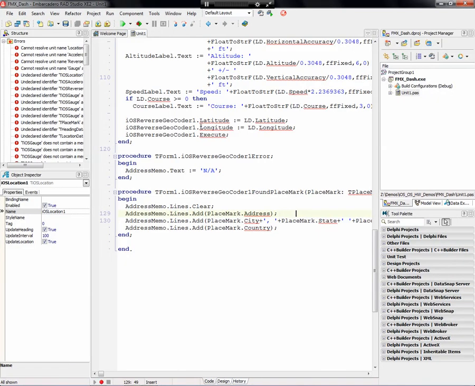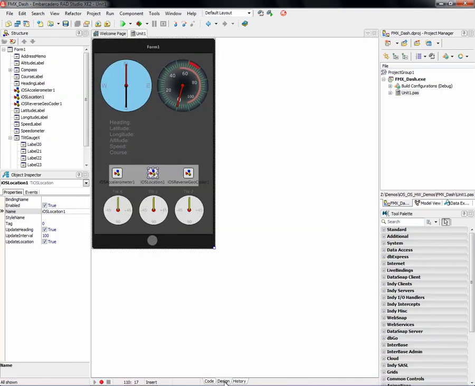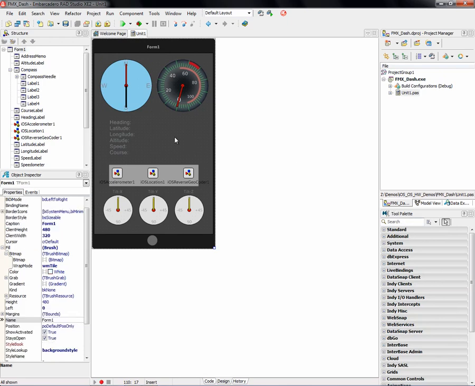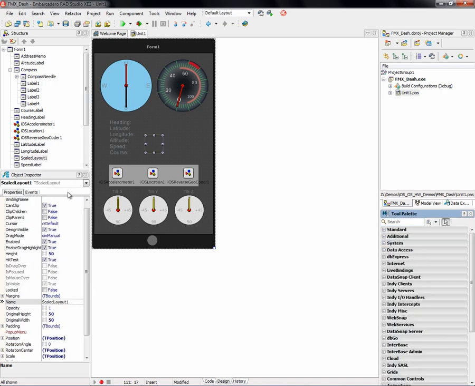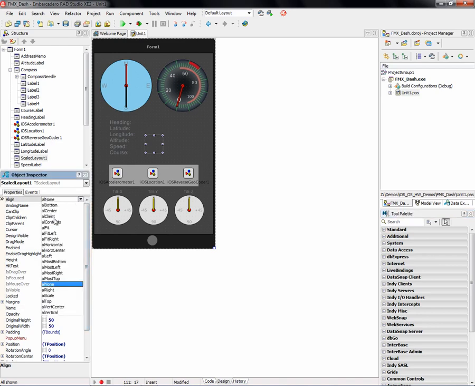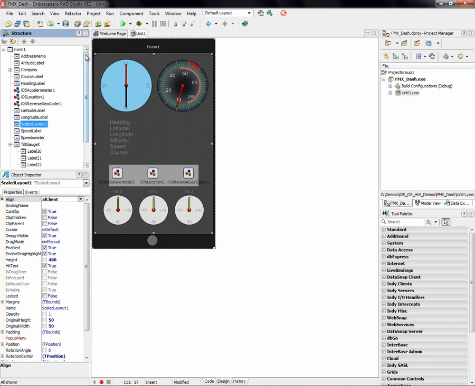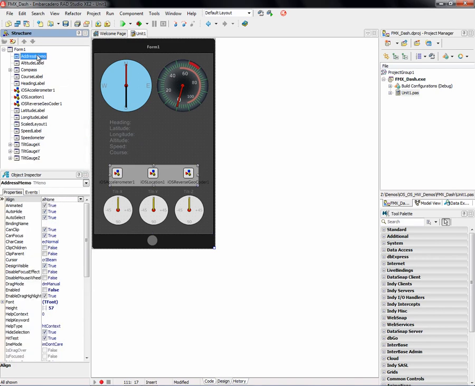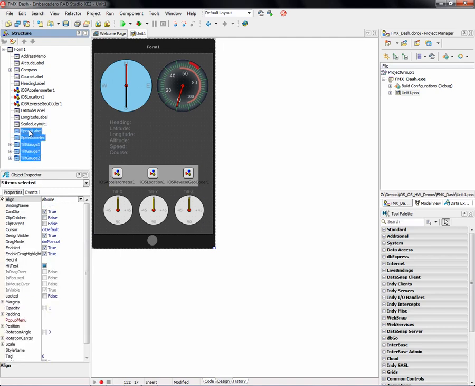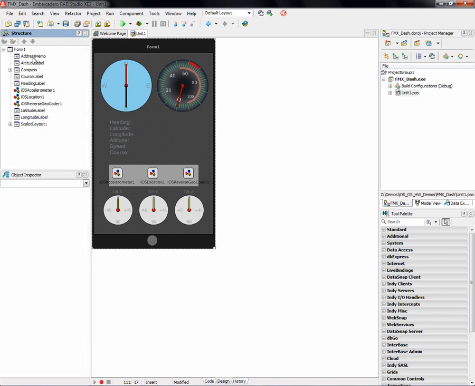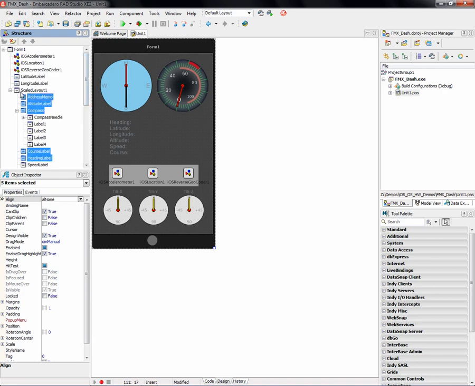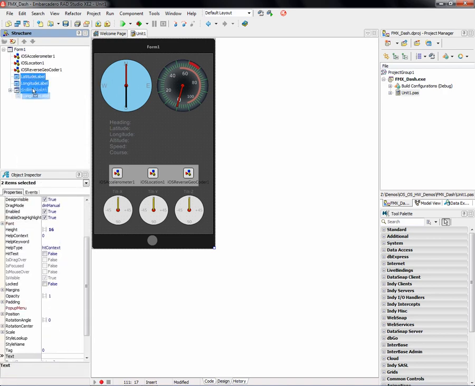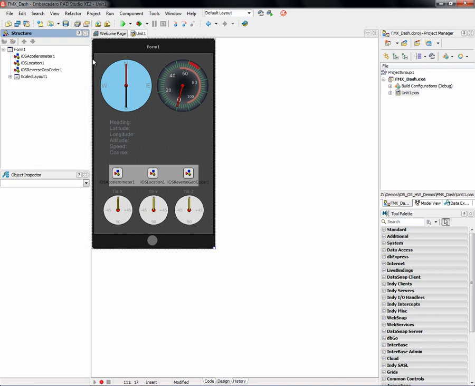So one way of doing that fairly quickly is to drop down a scaled layout. So if we drop down a scaled layout here and make sure that it takes the client space, then of course we have to drop all these components in there as well. So let's go ahead and do that. We're going to take all of these, we're going to drop them onto the scaled layout, and we're going to take all of these, put them on there as well. And finally these. We save that,